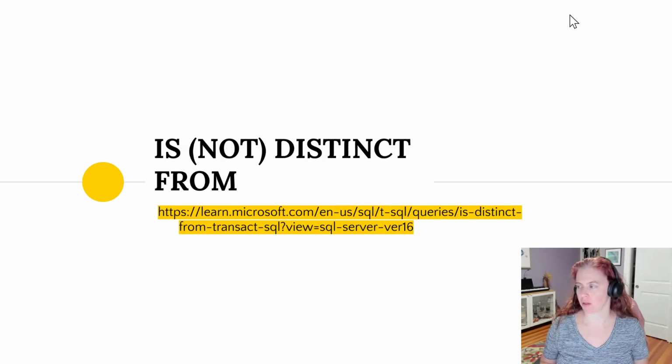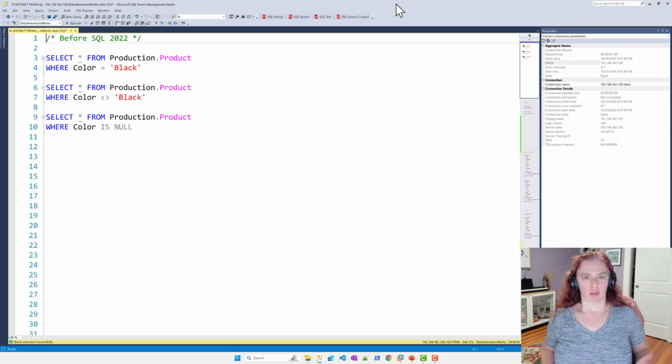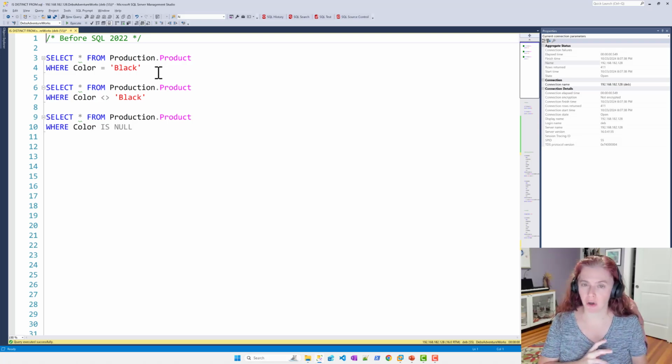Looking at our query, when we do comparisons, there's always been a problem when we've had to deal with nulls as potential values. We had to treat them a little differently. For example, I'm looking at my product table and I want to see where the color is equal to black. I have options. It's either equal to black, it's not equal to black, or if I'm dealing with nulls in that field, because this is a nullable column, I have to do things like